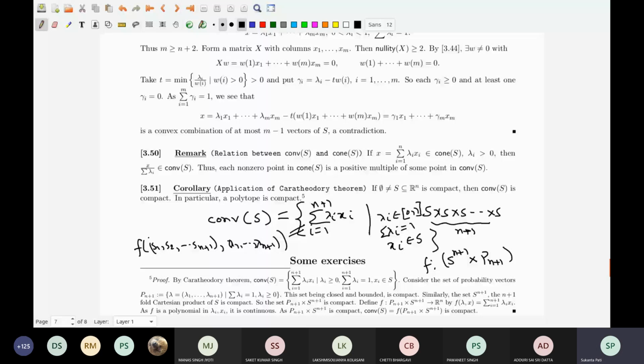So this is a linear function. Okay. And so it is a continuous function, and a continuous image of a compact set is compact. That you already know from your calculus stage. So that's how it will come out to be compact. In particular, a polytope is a closed set. A polytope is the convex hull of finitely many points, non-empty, finitely many points. So S is compact, and therefore the convex hull of S is also compact. That means closed and bounded. So that's the thing. Then there are some exercises.